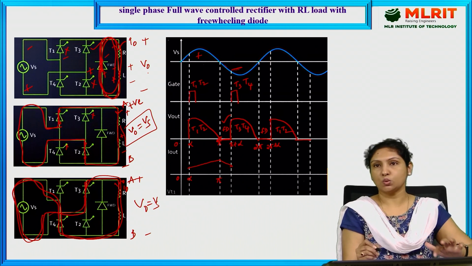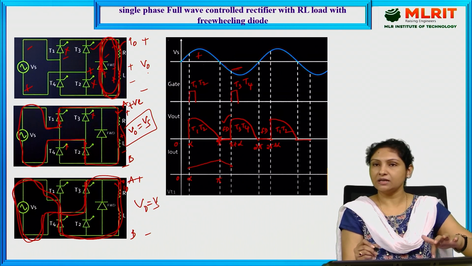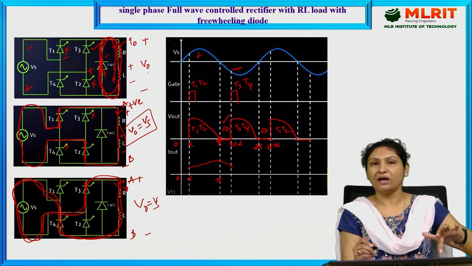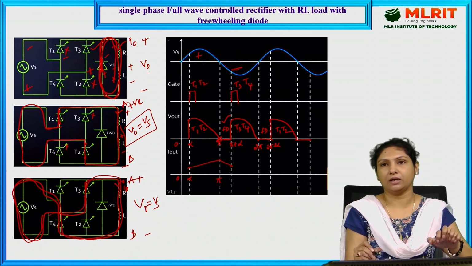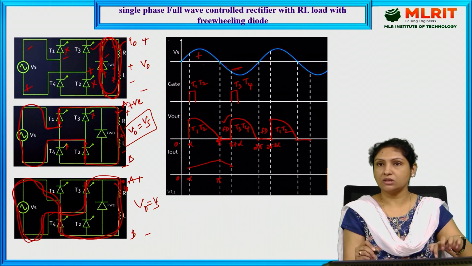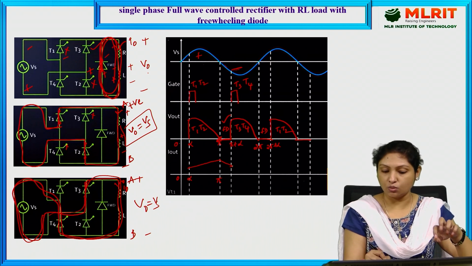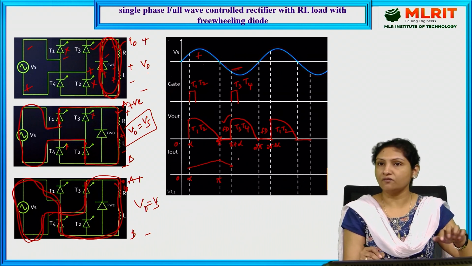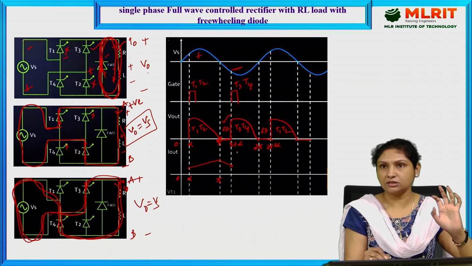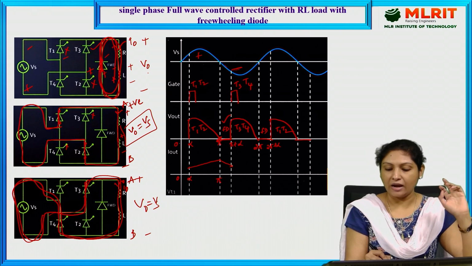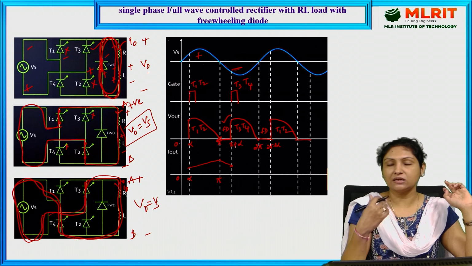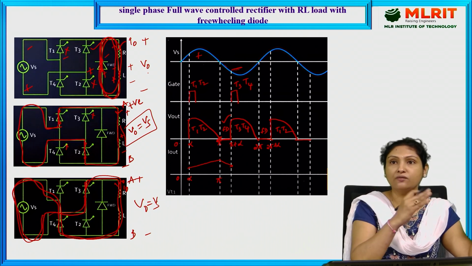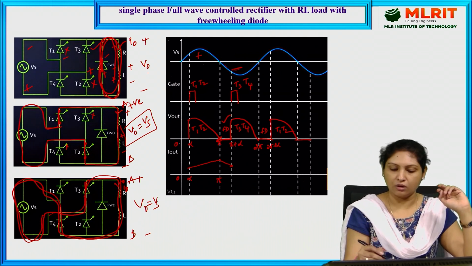Whatever energy is stored in the inductor is completely driving the current through the load, and in this process the energy stored in the inductor is completely dissipated. So the energy stored in the inductor becomes almost zero, and it turns off the freewheeling diode at this instant called pi plus alpha. And at this moment, when it reaches pi plus alpha, since we are providing the triggering pulse for the already forward biased T3 and T4,